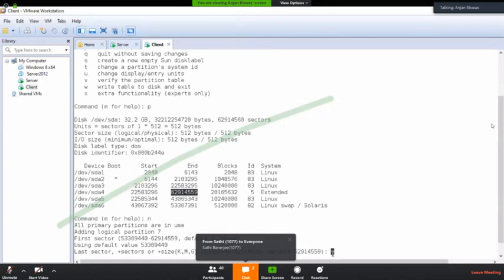In that case, if you want to assign the size of the partition in kilobytes, megabytes, or gigabytes, press plus first, and then I am putting